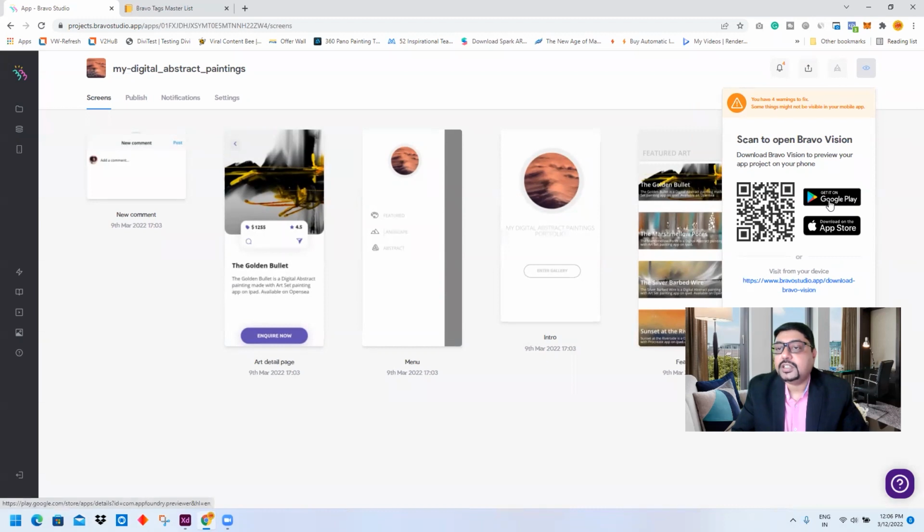It is available in Google Play Store and in the Apple App Store. So download it on your Android or Apple mobile, and once you have the Bravo Vision app, you can see the app this way.